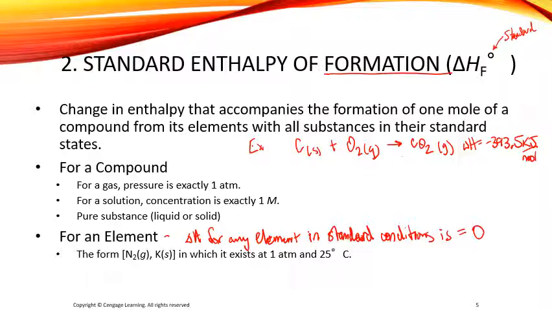Now, if we have a compound where we need to have different coefficients, fractional coefficients, that's okay, because we're always trying to form 1 mole of the compound. So if I gave you something like N2 plus H2 forming NH3, in order to form just 1 mole of the NH3, I know you would normally have a coefficient of 2, I would put 1/2 for my N2. That would give me 1 atom of nitrogen. I'd have 3/2 for H2. 3/2 times 2 would give me 3 atoms of hydrogen,